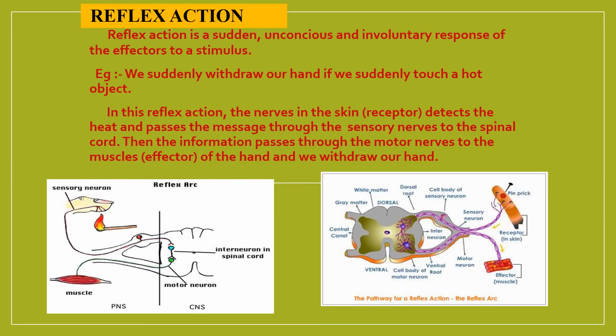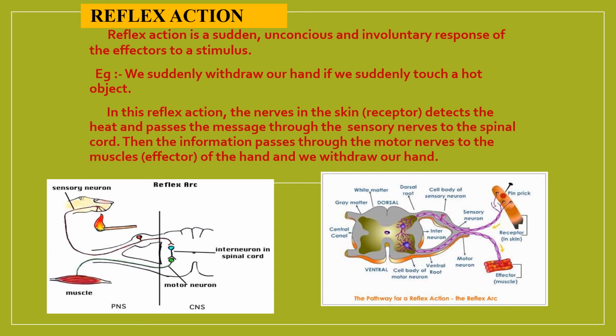Let us go into the next topic, which is called reflex action. Reflex action is a sudden, unconscious and involuntary response of the effectors to the stimulus. Let us look into some of the examples. We suddenly withdraw our hand when we touch something hot. In this reflex action, the nerves in the skin, which are the receptors, detect the heat and pass the message through the sensory neurons to the spinal cord. Then the information is passed through the motor neurons to the muscle, which is the effector of the hand, and